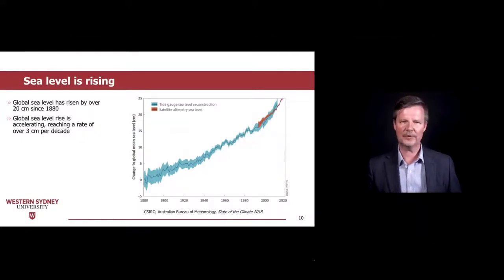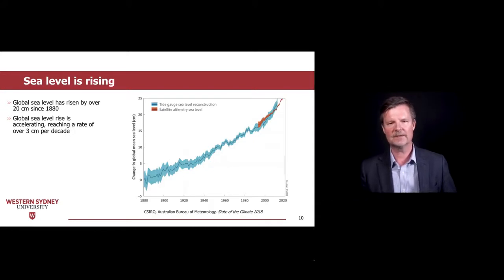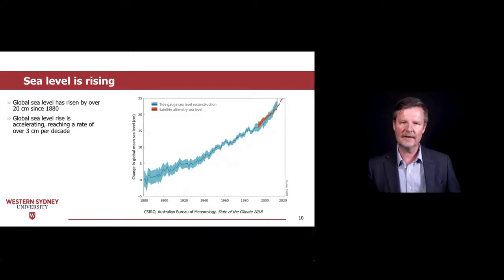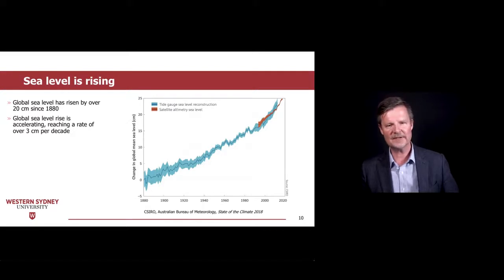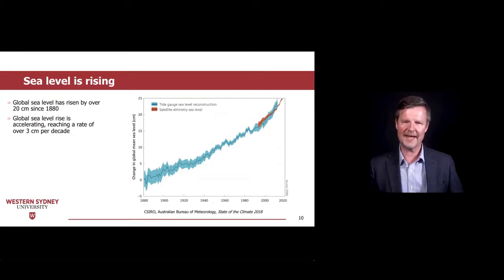The melting of polar ice, particularly land ice on Antarctica and Greenland, as well as the thermal expansion of water in warming oceans, have resulted in rising sea levels. In fact, since 1880, sea levels have risen on average 20 centimeters worldwide. Rising sea levels increase the risk of storm surge damage to beachfronts and low-lying coastal areas during king tides or